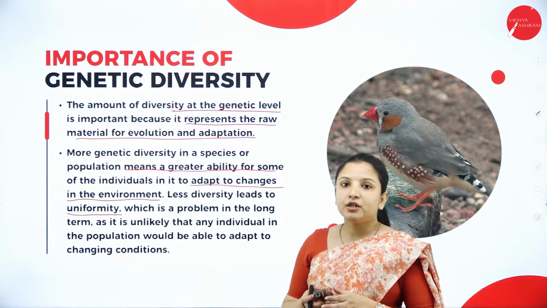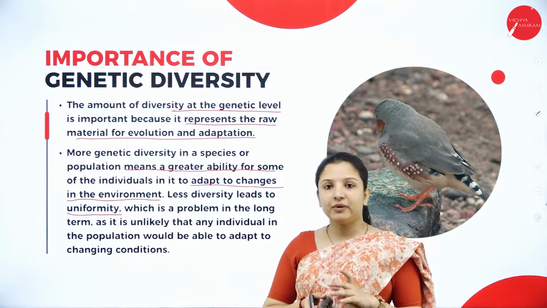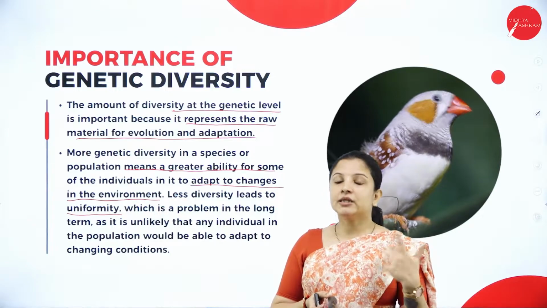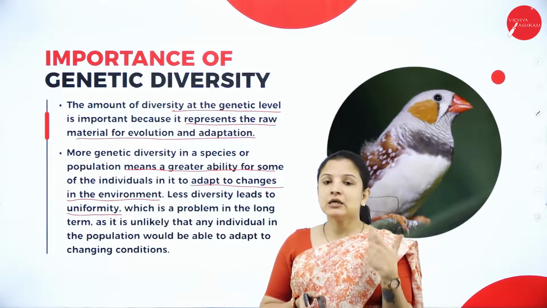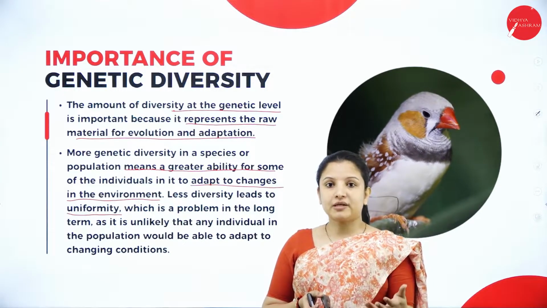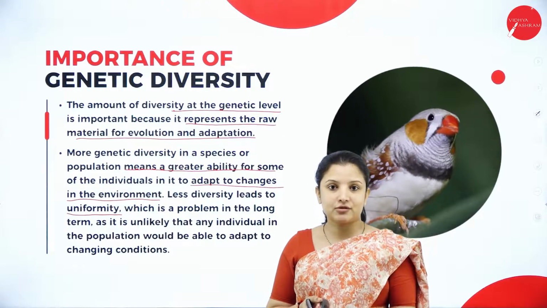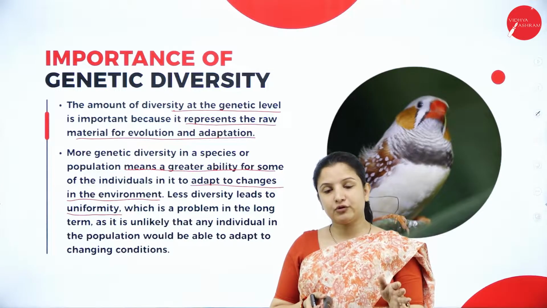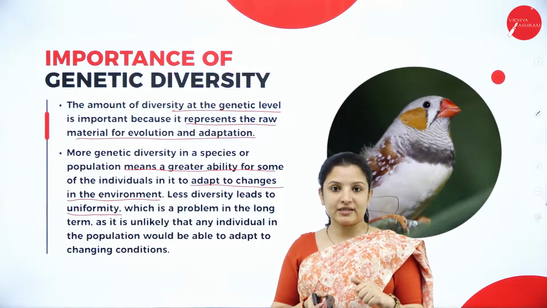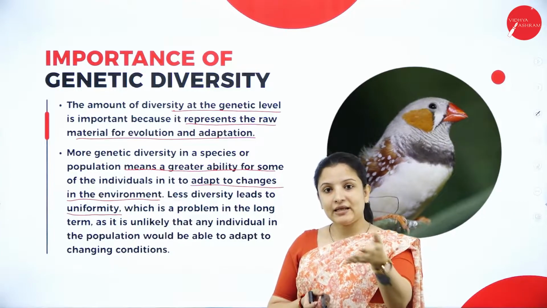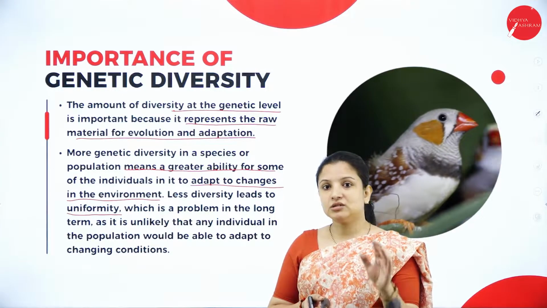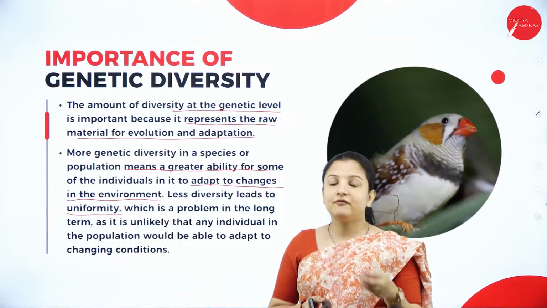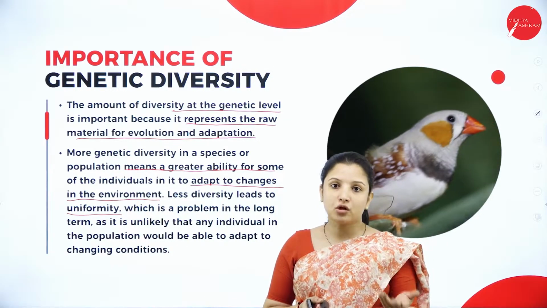Say, for example, you are growing a particular crop in a field. In that field, there will be crops which are very healthy. There will be crops which are not that healthy. Crops which are resistant to environmental stresses. Crops which are not resistant to environmental stresses. So if you grow 100% crops which are not resistant to environmental stresses, later when any environmental calamity occurs, you will be at a loss, right? Because you would have lost your crop completely because of heavy rain, flooding, drought or whatever.